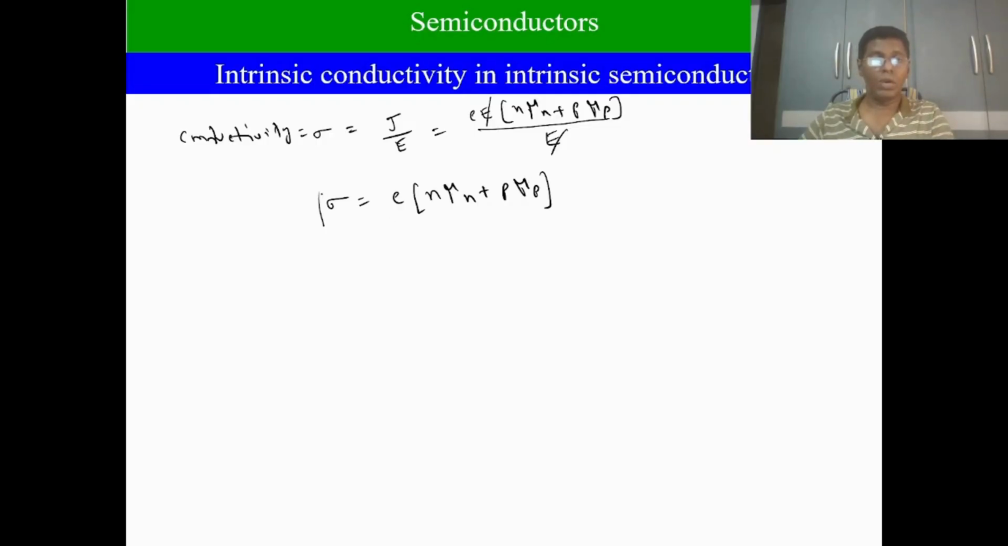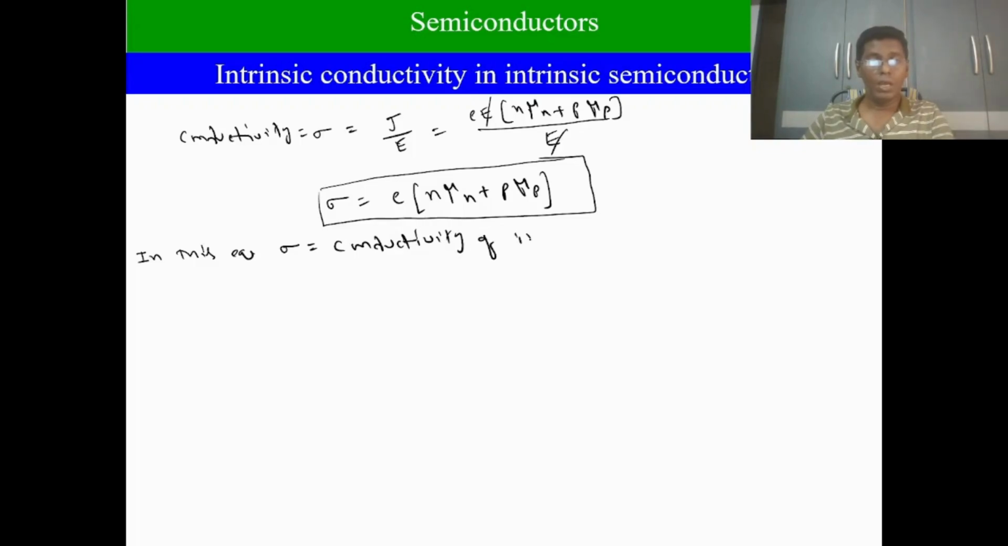Now this is the expression we need. So sigma is equal to e into (n mu n plus p mu p). Sigma means what? Conductivity of an intrinsic semiconductor. Now remember carefully, my dear students, terminology is very important to know about the equation. In this equation, sigma is the conductivity of what material? Conductivity of intrinsic semiconductor, and e is equal to the charge